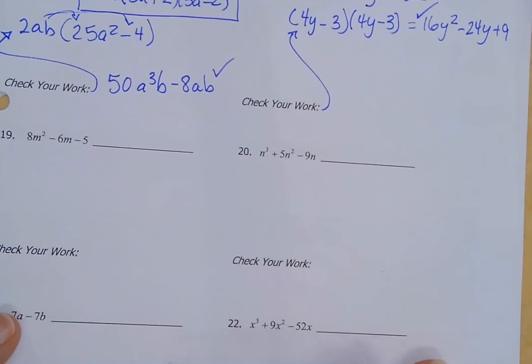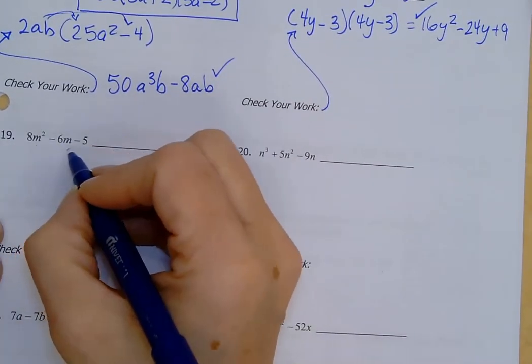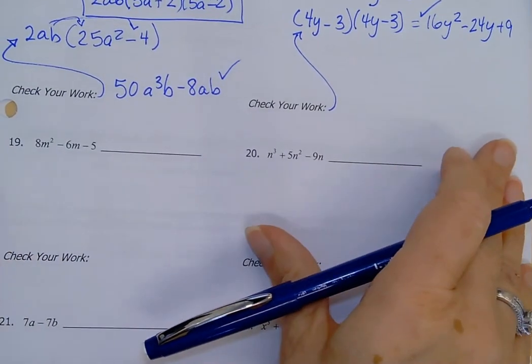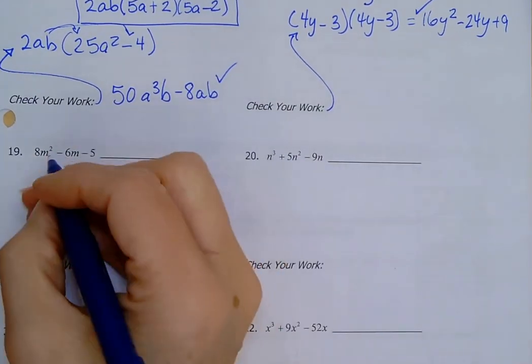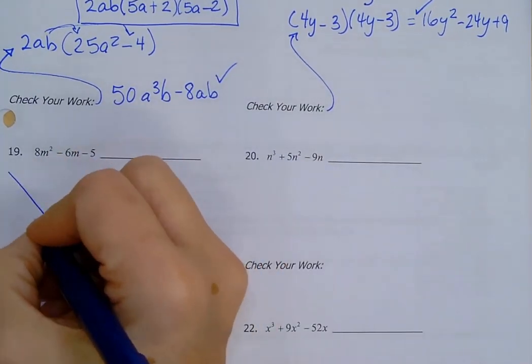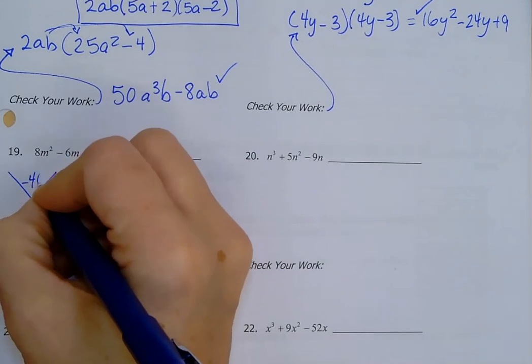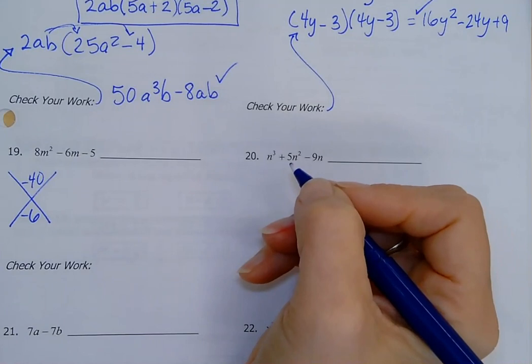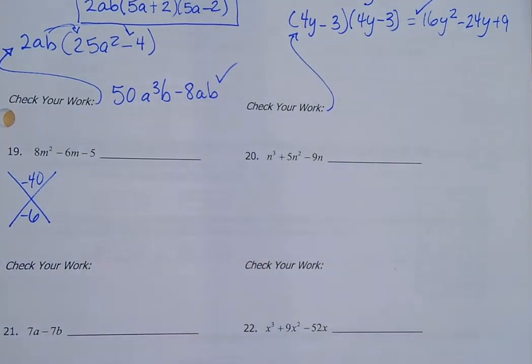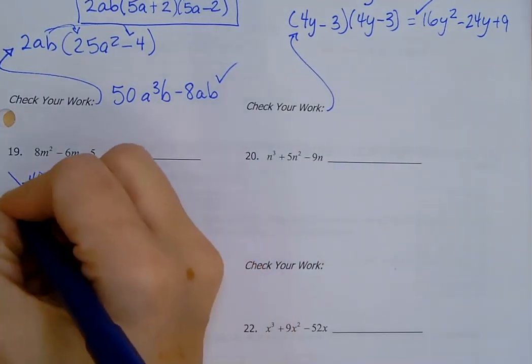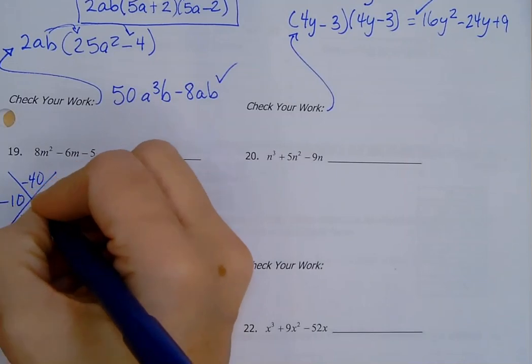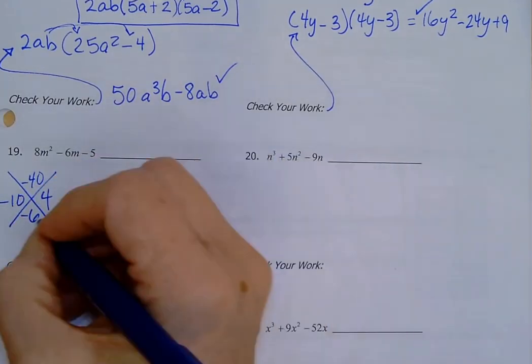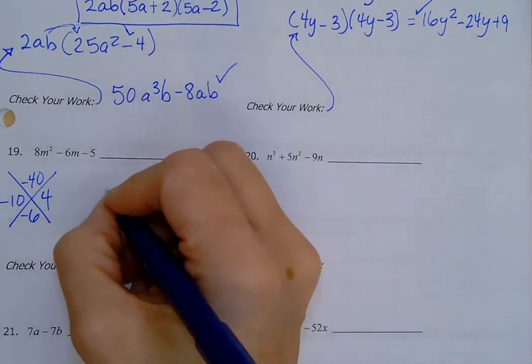Okay, number 19, 8m squared minus 6m minus 5. I do not see anything that I can pull out of all three. So I need two numbers that multiply to give me negative 40, but add to give me negative 6. And so I'm going to say that's negative 10 and 4. Negative 10 times 4 is negative 40. Negative 10 plus 4 is negative 6. So if I do this with my box method,